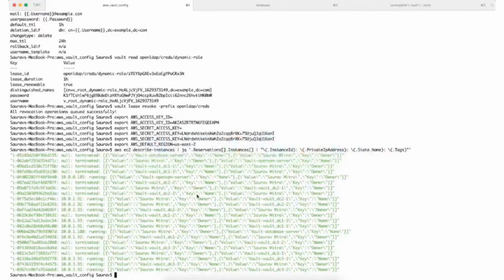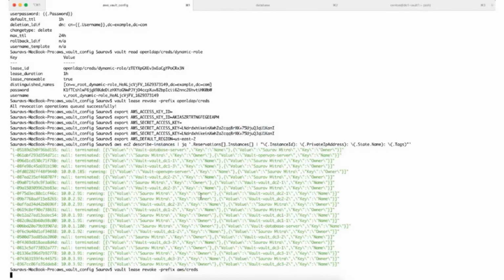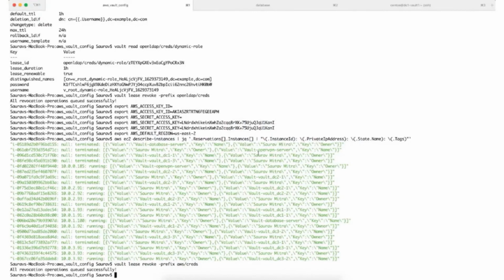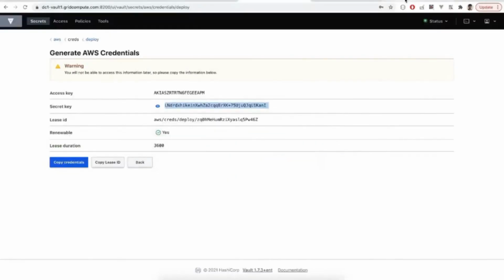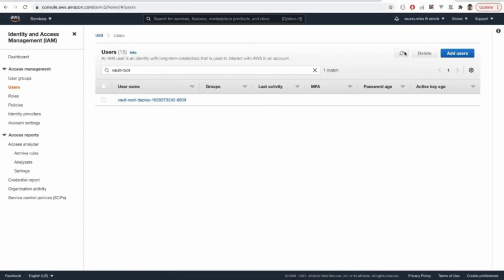Now let's go back to the AWS console and let's see if the IAM user has been deleted by Vault. Yeah, now the IAM user has been deleted by Vault. So you can see the ease of user creation, self-service, and also short-lived IAM users and access tokens, where you can restrict the time it is visible, and also short-lived, you use it and you destroy it once it is done.